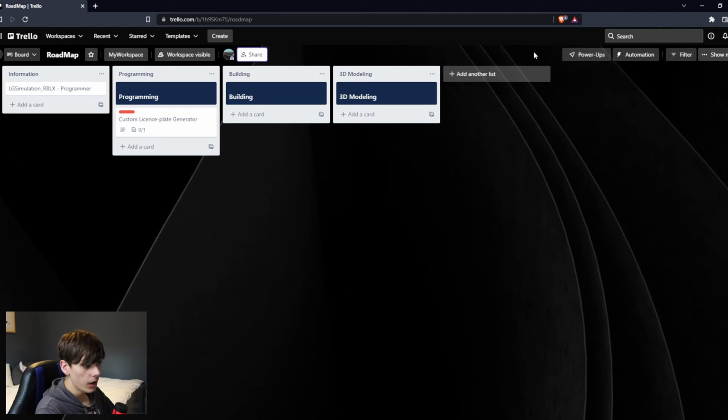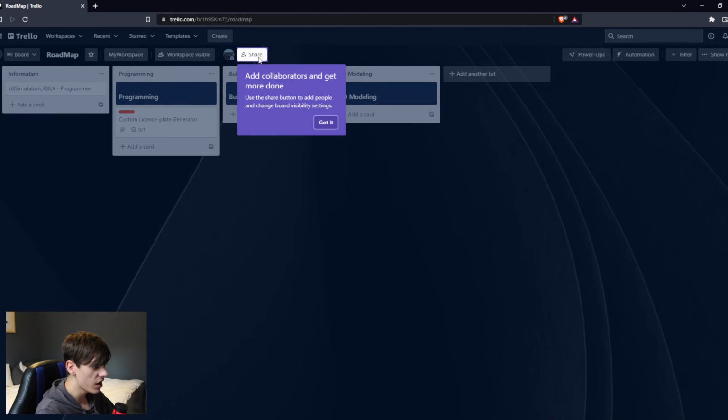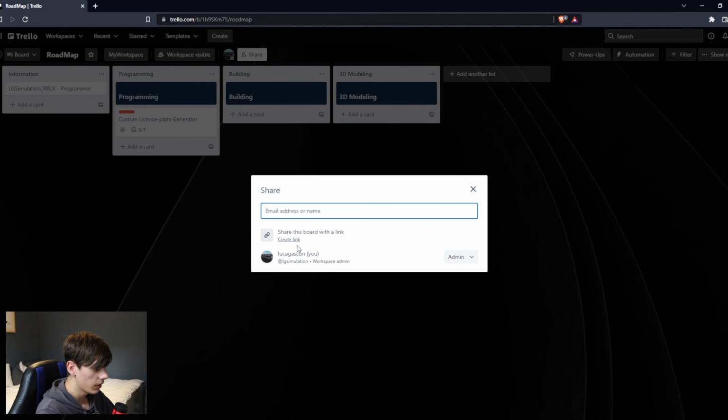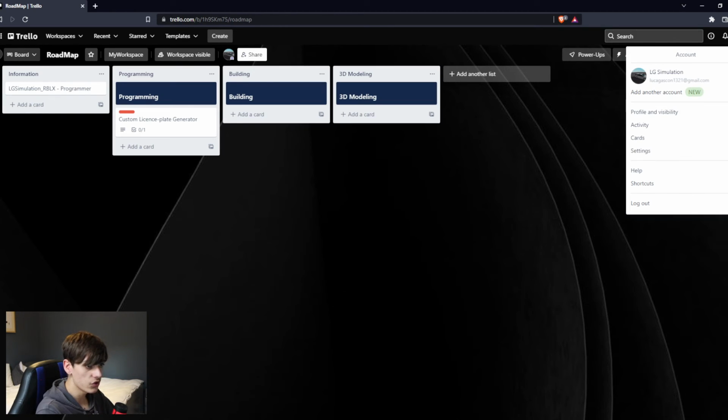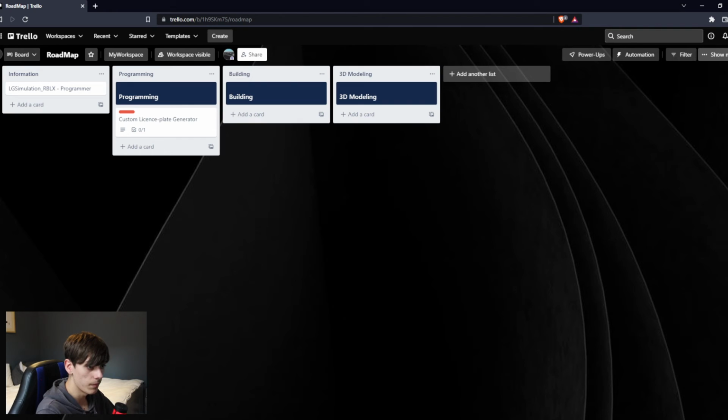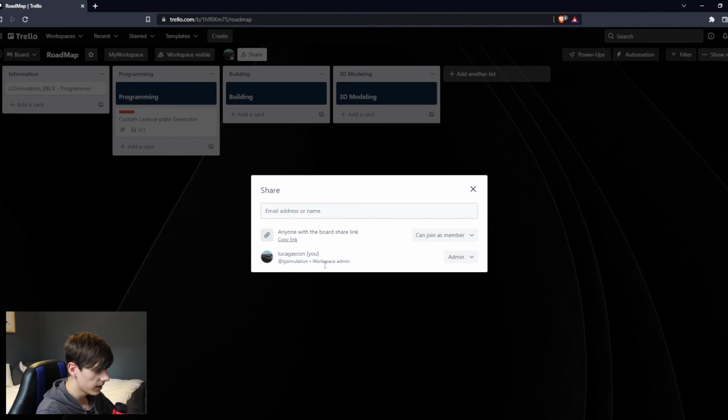Now I want to show you how to share this board, and often this is what people get mixed up, and this is what I got mixed up the first time that I used Trello. There is a difference between sharing the board using a link, and sharing the board as in sharing the visibility of the board with people. So sharing the board so that people can edit the board, you're going to go up into share, create link,